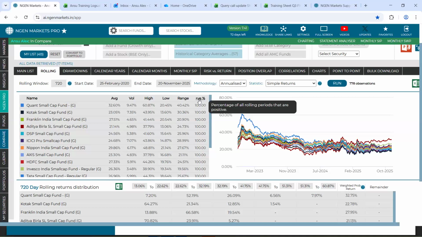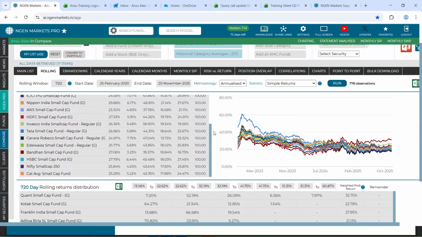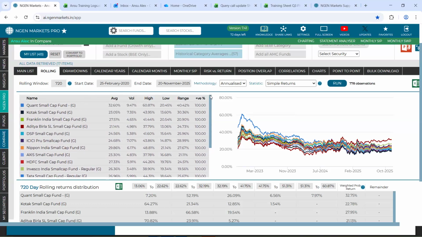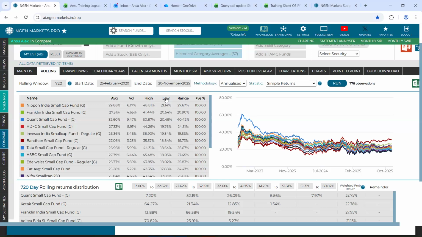Now, right here, you can see the positive percentage for almost all the schemes has come up to be 100. The reason being, none of these schemes have generated a negative or lower return, which of course stands correct for MFs as well, which says that the longer you stay invested into these schemes, the chances of generating a lower or, for that matter, a negative return reduces or negates specifically.